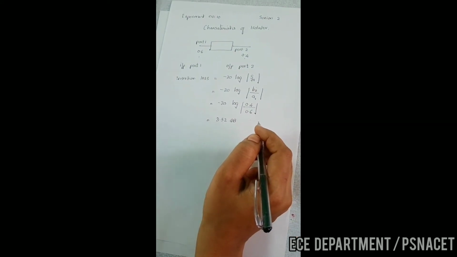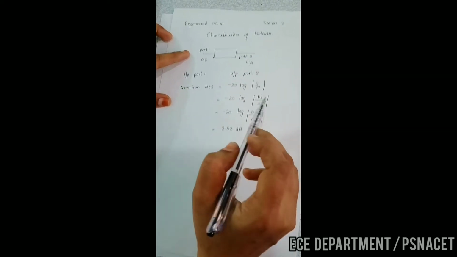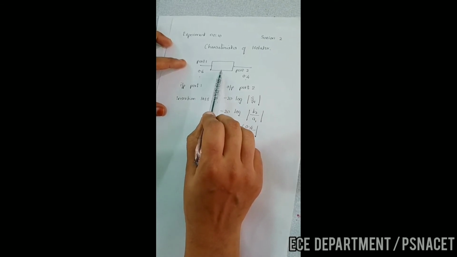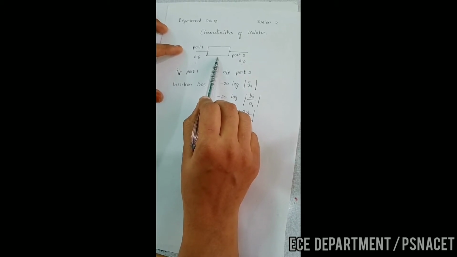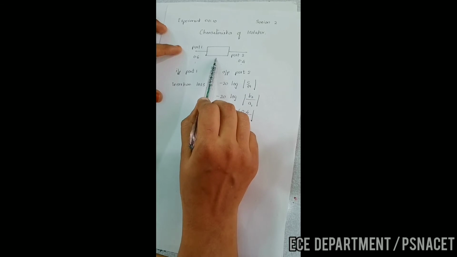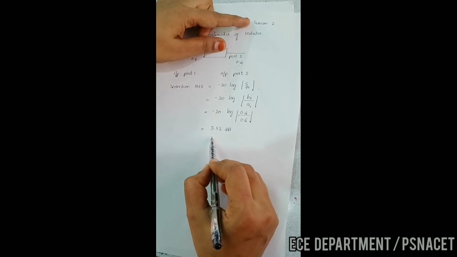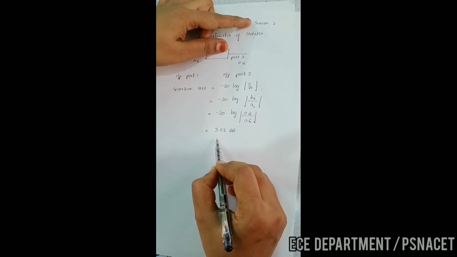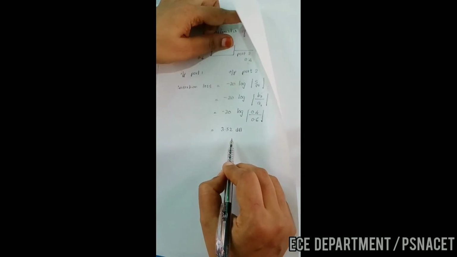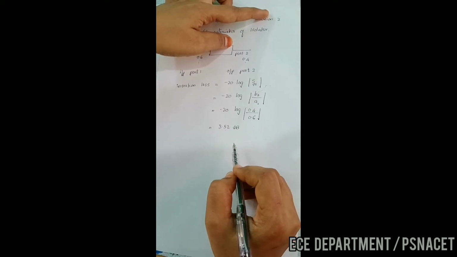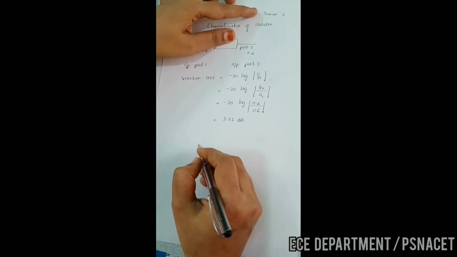Now we will see the meaning of this. The inference is that if I put the isolator in the workbench, in between the variable attenuator and the diode detector, then by putting this isolator the wave is facing a loss of 3.52 dB. So this insertion loss is a loss due to the insertion of the isolator in the microwave workbench that we have seen. I hope you are clear with the idea of insertion loss.